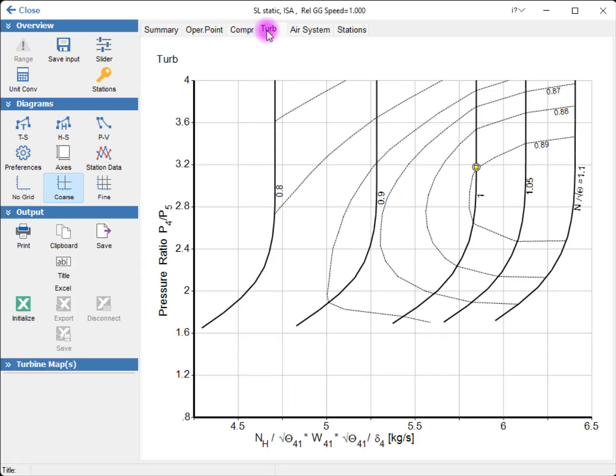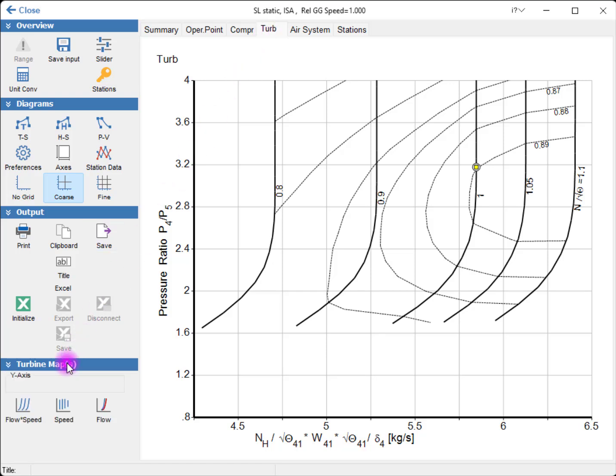The map shows the turbine efficiency and relative spool speed as a function of the turbine pressure ratio and the product of corrected flow and corrected speed. The presentation of the design point and the off-design point is the same as in the compressor map. With turbine maps, we can switch the display to a different map format.